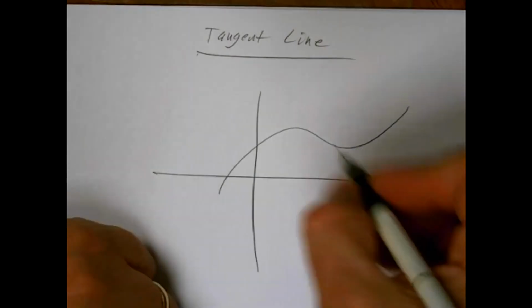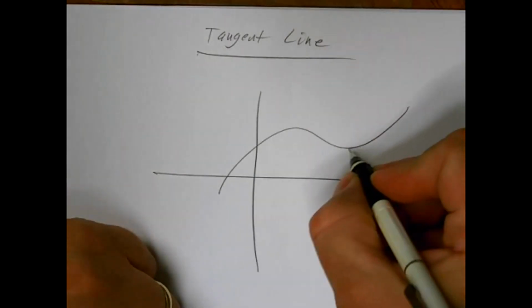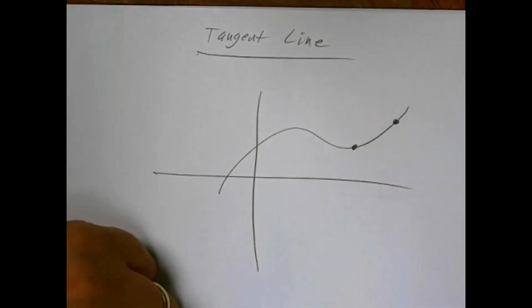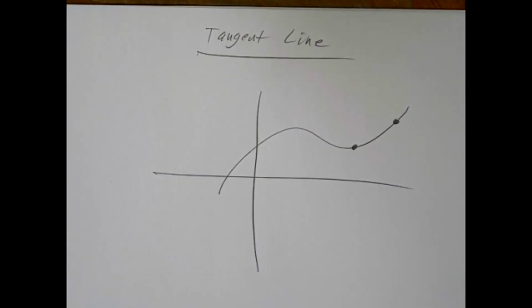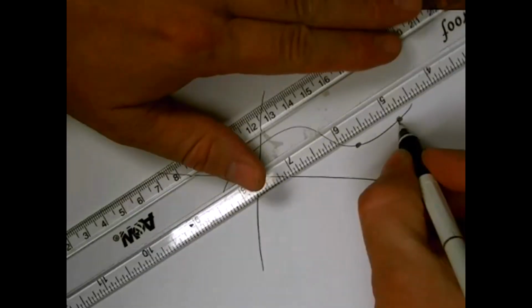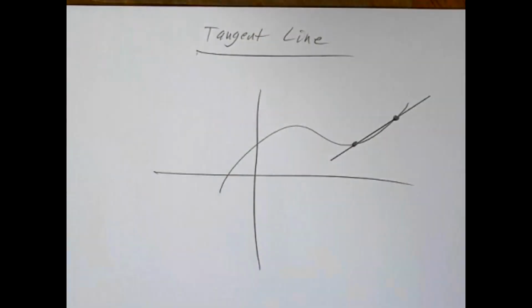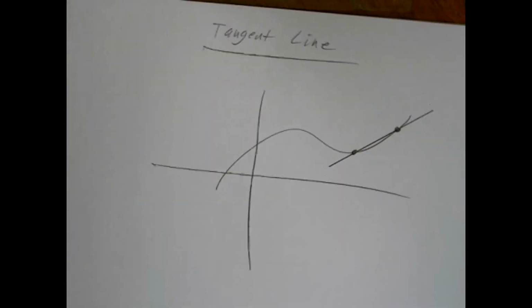Well, a secant line is found by coming in and picking 2 points on the graph. So I'm going to pick 2 points here basically at random. And what I would then do after choosing those points is find the straight line that connects those 2 points. That is a secant line. Again, a secant line is formed by picking 2 points on a graph and finding the equation of the line that